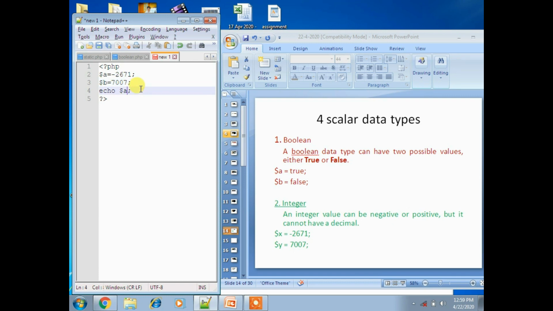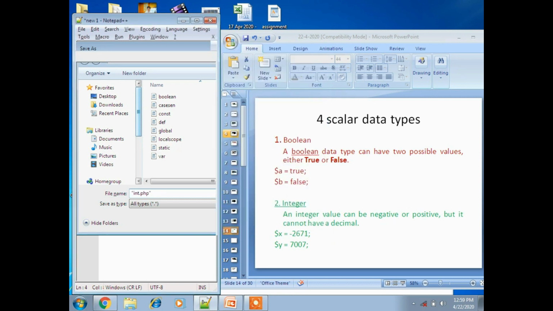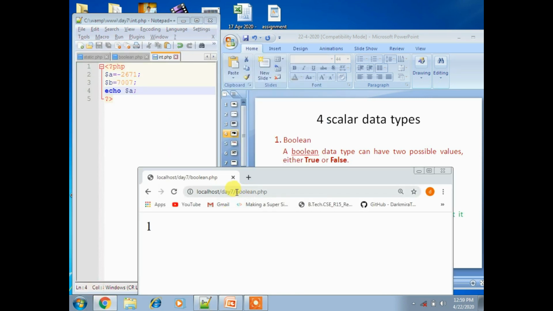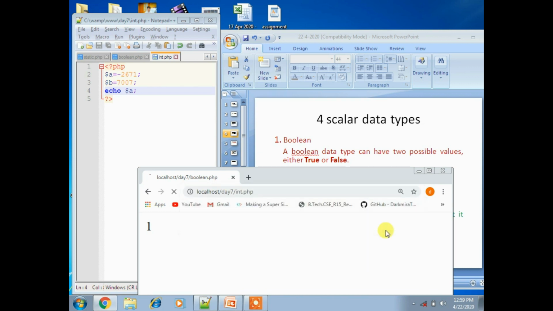I am printing a. Save the program as int.php and execute this program. Now you will get the positive and negative values, right?